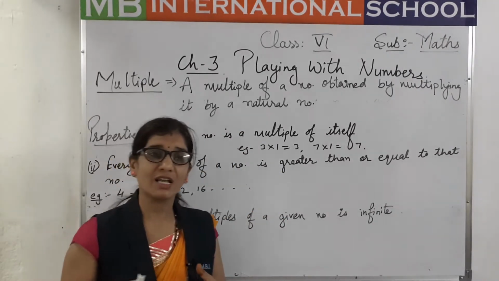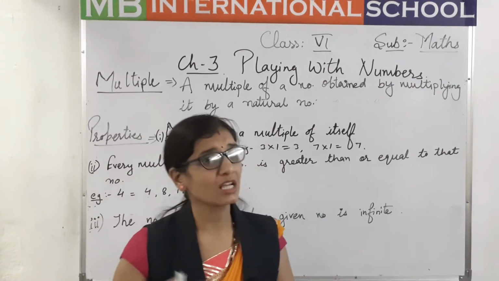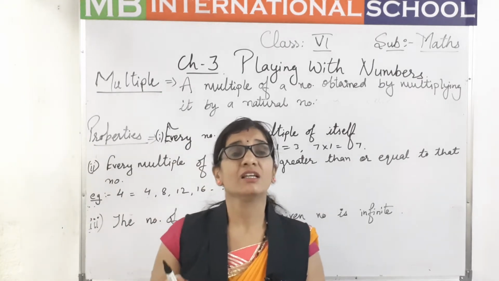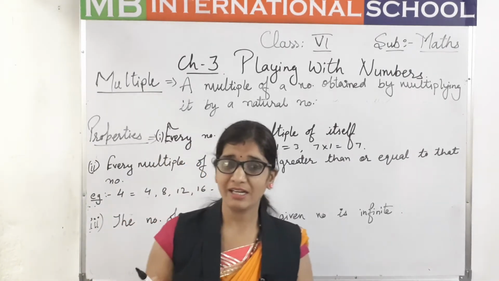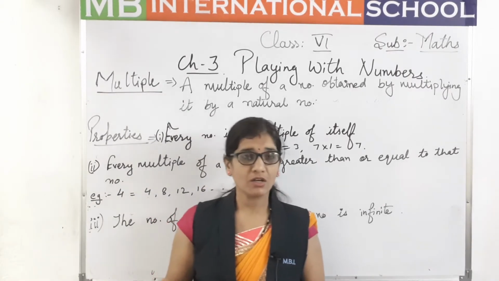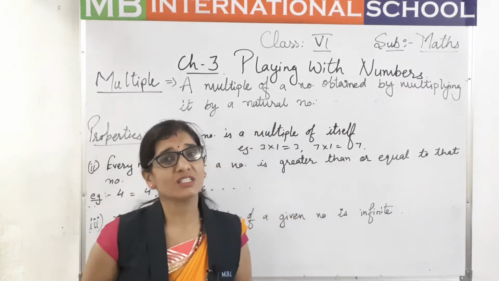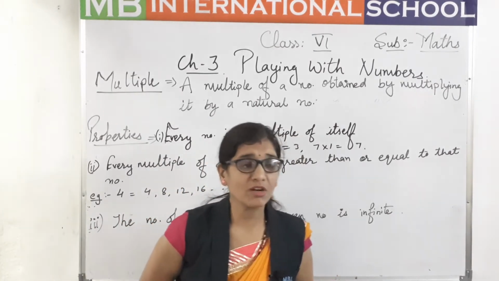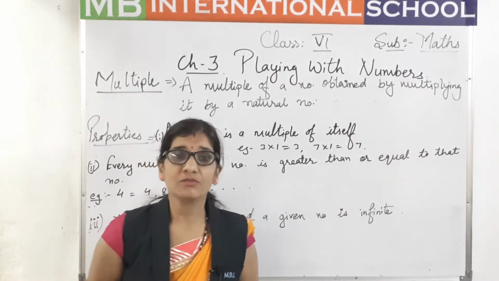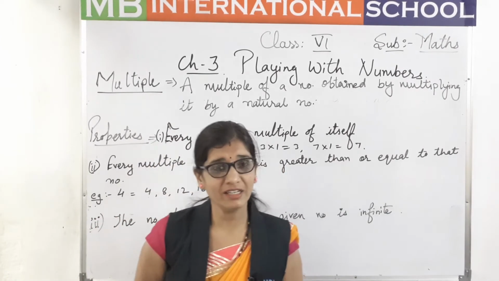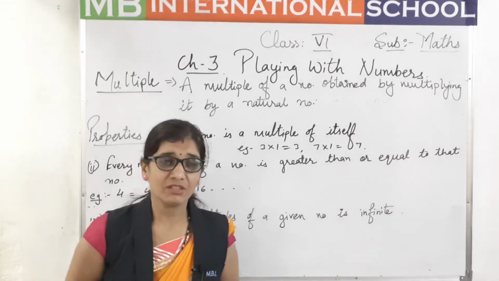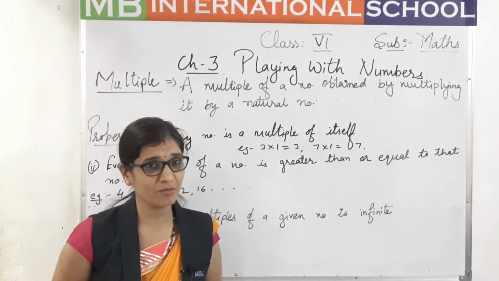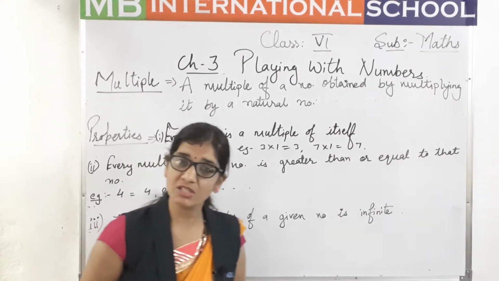Firstly, we are going to describe the even numbers. Even numbers are those numbers which are divisible by 2. Examples are 2, 4, 6, 8, 10 and so on. In the divisibility test, we have already studied that to find whether a number is divisible by 2, we consider the digit in the ones place. If it is an even number, then it is divisible by 2.